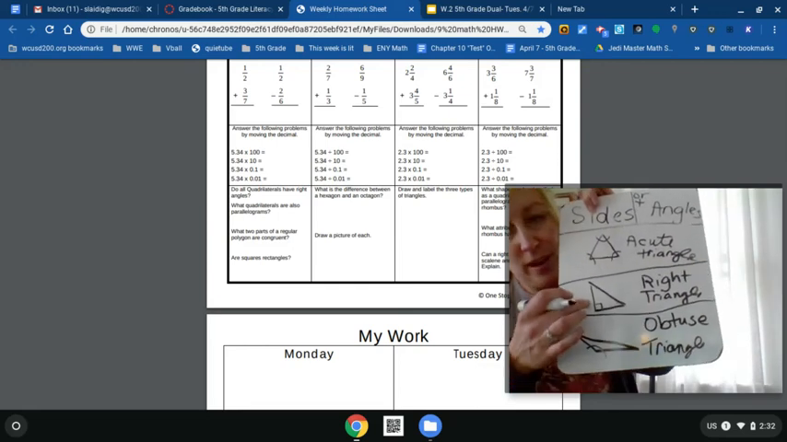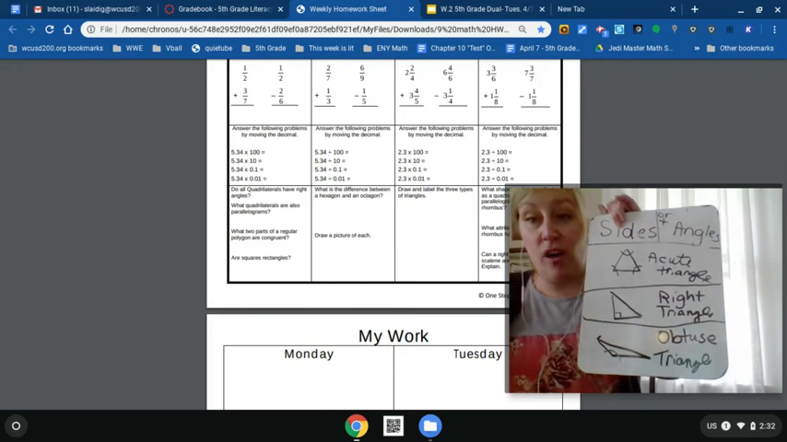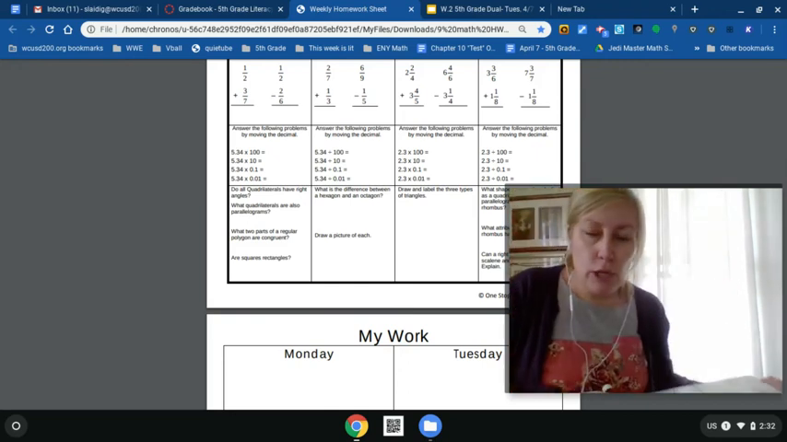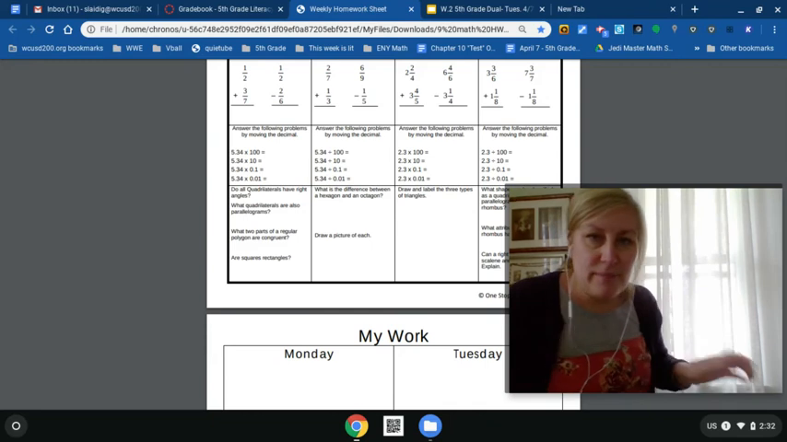A right triangle has one angle that's a right. And an acute triangle has all three angles that are acute, a cute little baby. Okay, so that was your help on the triangles. I love that. And then